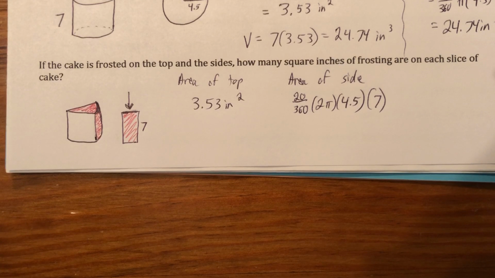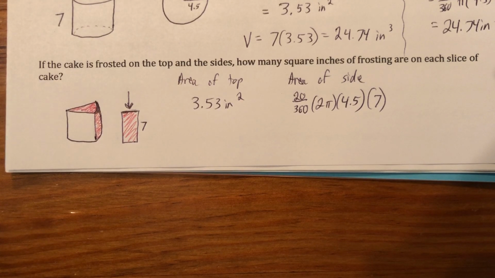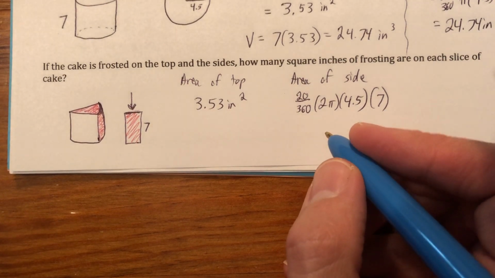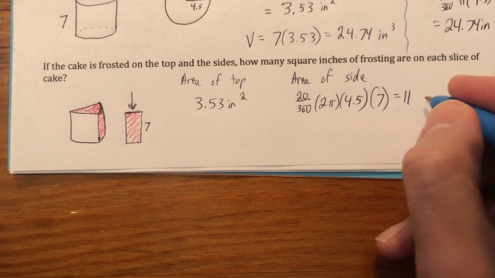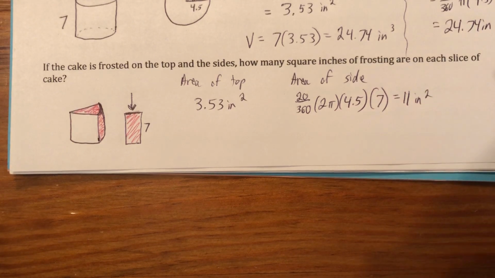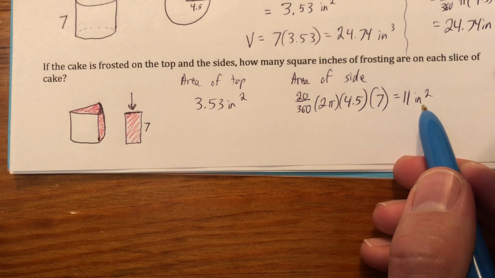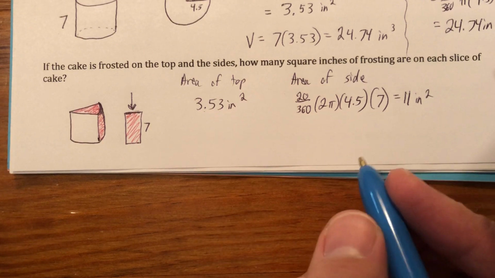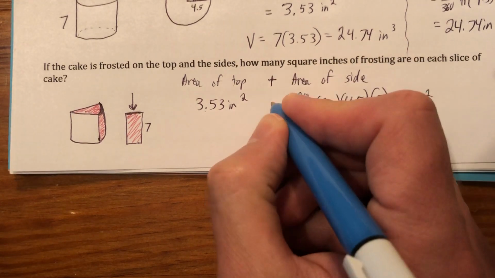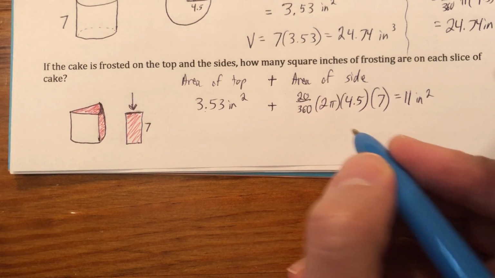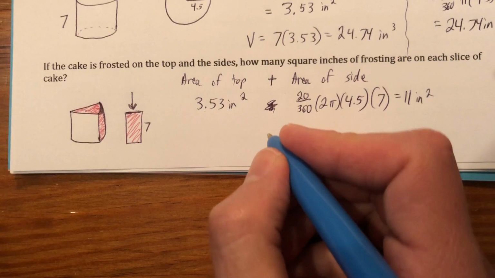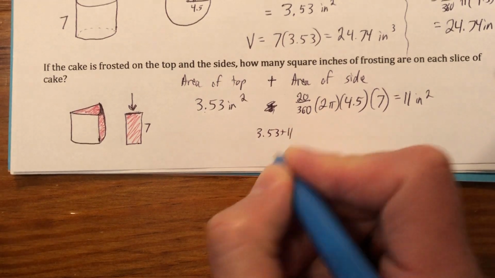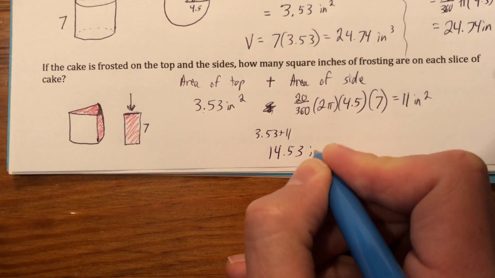So 20 over 360 times 2 times pi times 4.5 times 7. And I got 10.9955, which really is, let's call that 11. And that is, oddly enough, rounded off, 11 square inches. So I have 11 square inches of frosting here, 3.53 square inches of frosting here. So I'm going to add those two together. And I'm not going to put a plus sign right here because that's going to be confusing what that equals. But basically, I'm going to do 3.53 plus 11. So it's going to be 14.53 square inches of